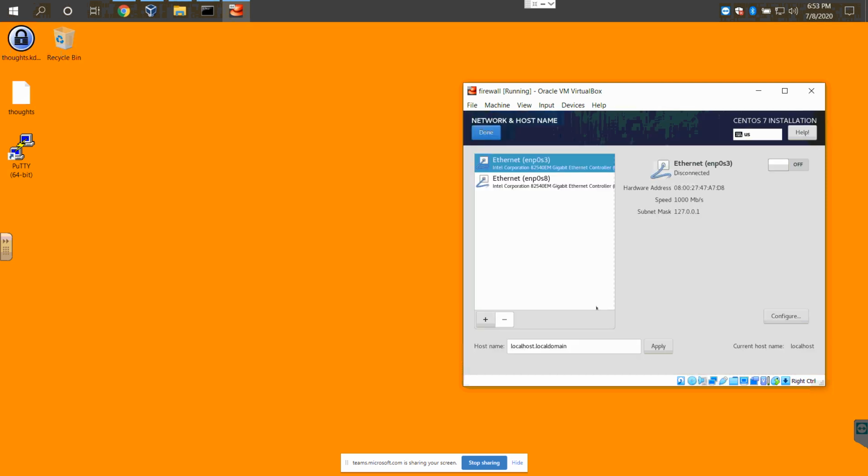So click network and host name. You see now I see two network interface cards, okay? Here they are. So this one says disconnected, this one says disconnected too. So I'm gonna connect one of them. So let's try this one. You see it says off on this crawler. I click on it and it will say on. And you see it's taking address